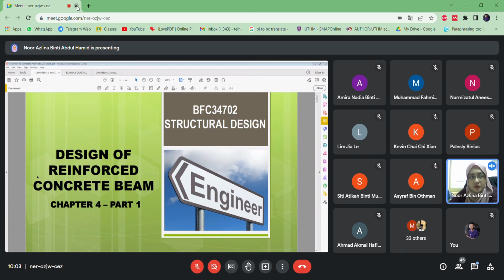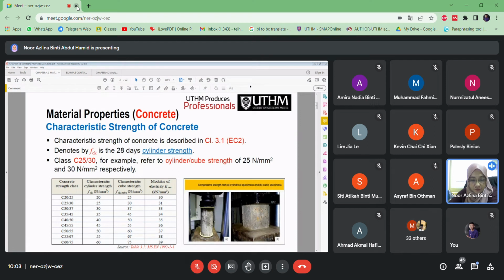Divide for many parts, for many slides, to ensure that you understand and can follow one by one. For this chapter, we will go into details on the design of reinforced concrete beams. But before we go further for the design, you need to understand all the materials that are used for reinforced